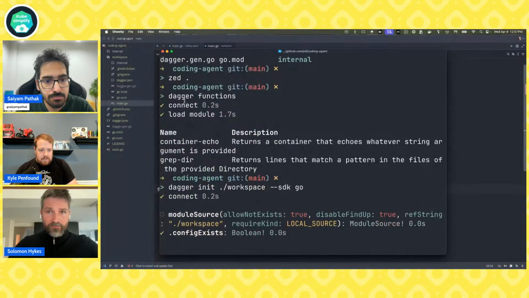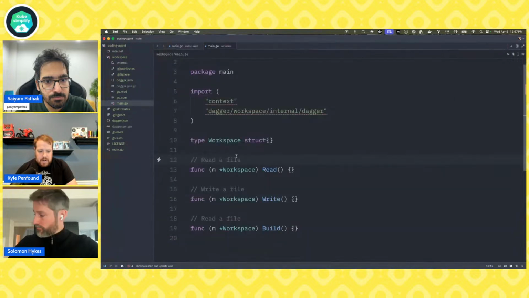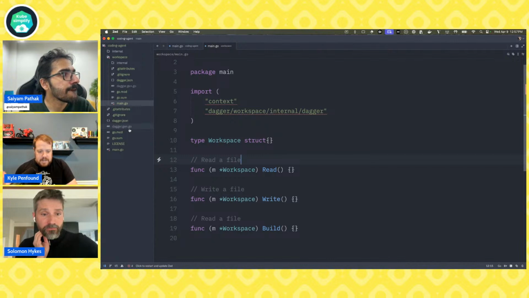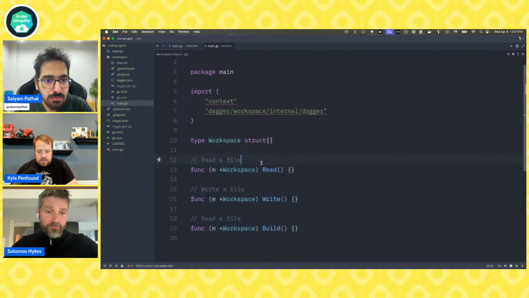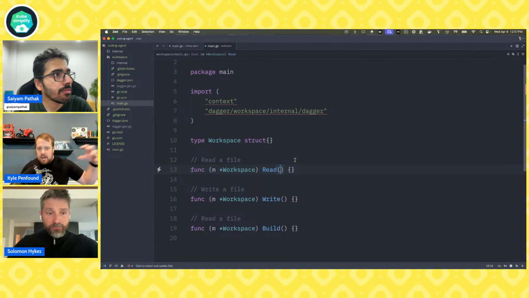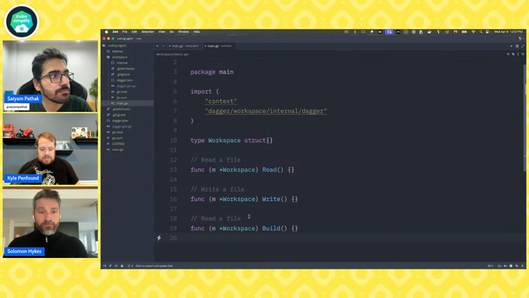We'll scroll up though. So when I ran Dagger functions before, it gives us a description for all of our functions. And this is actually sourced from this comment. If you look at the docs, there's different ways of doing this in each language for Dagger. But the reason that's important is because the LLM sees that usage as well. So when it sees its little toolbox, its collection of tools, we're helping describe what these tools are for, and it'll see how to use it and all these things. So this is all automatically happening inside of Dagger, exposing each of these functions as callable tools.